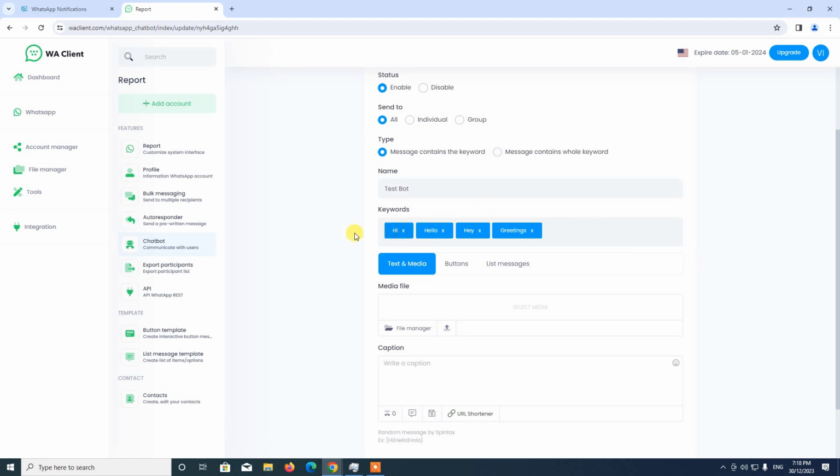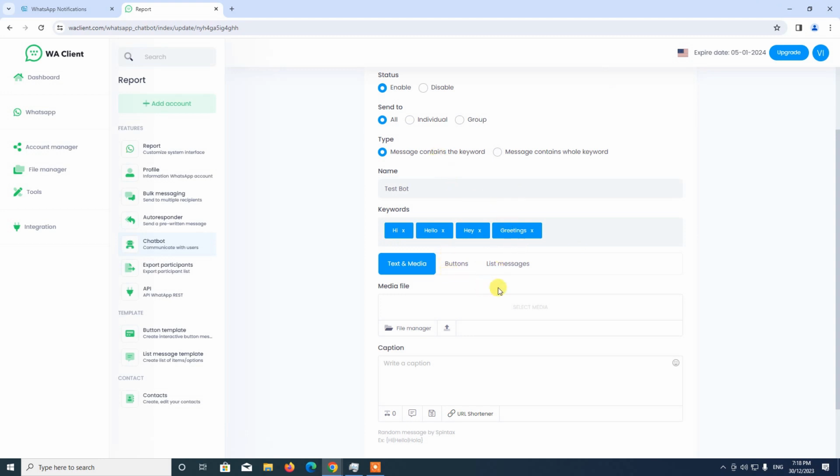So these are messages that when a customer sends this message to you on WhatsApp, it will trigger this chatbot. So you can add more keywords if you want. So for this example, I'm going to add only these 4 keywords. So whenever a customer types hi, hello, hey, or greetings, this will trigger the chatbot to reply